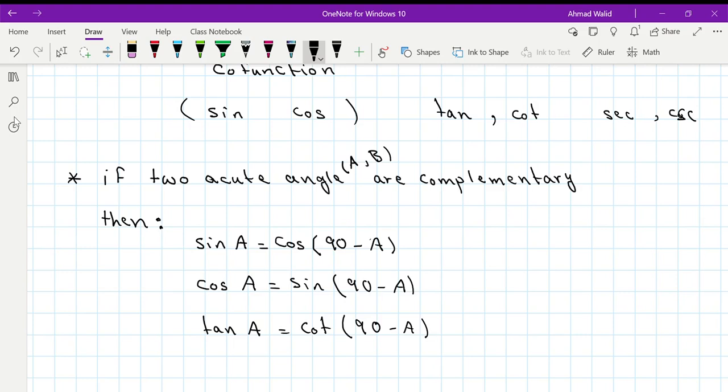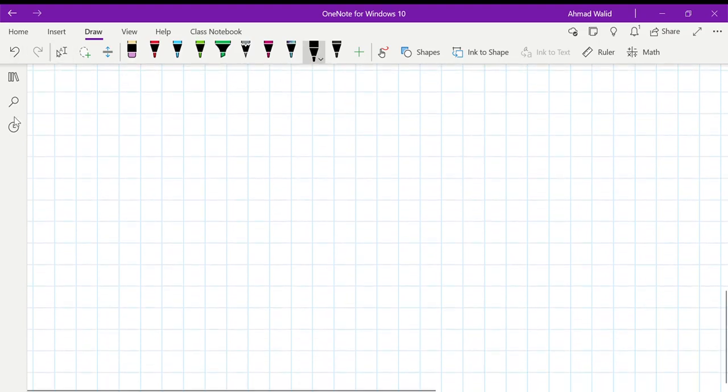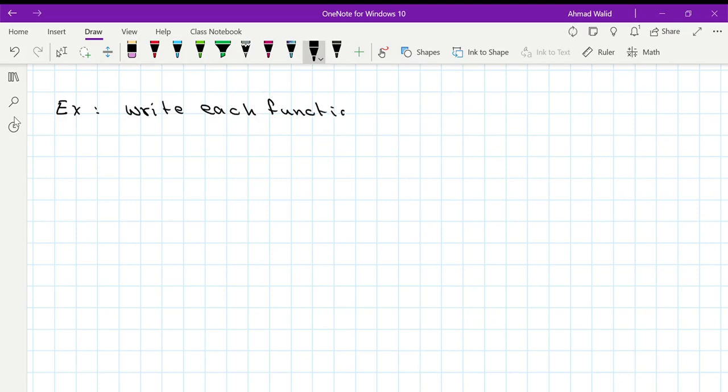Example number 1. Write each function in terms of its co-function. Correct? Part A,